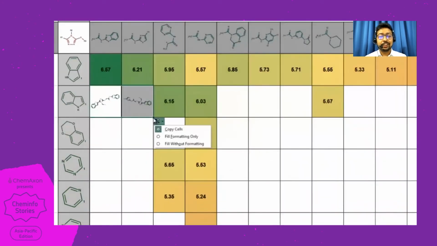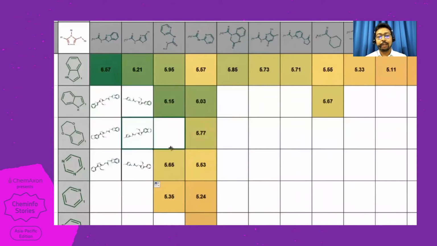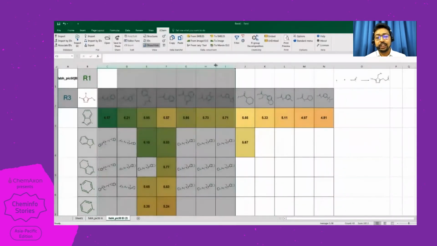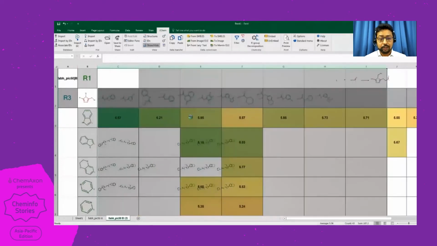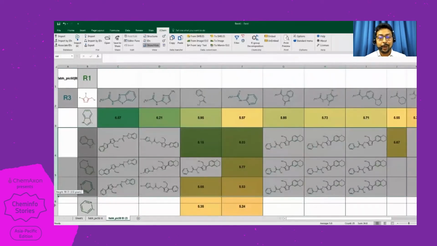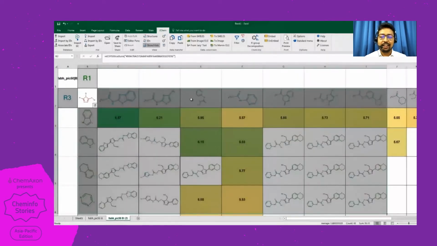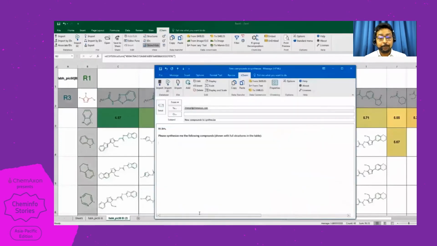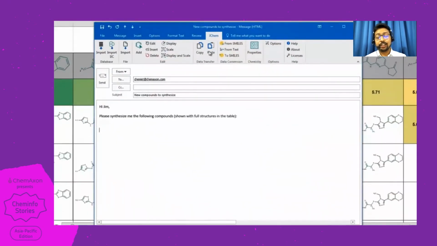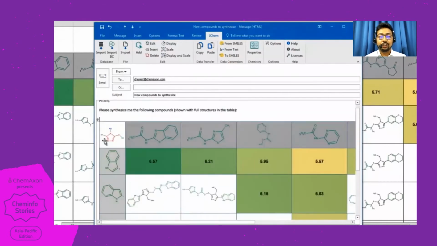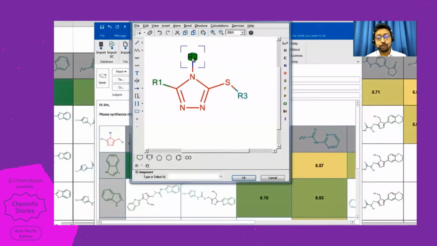So you can see that using this, we can directly copy the same formula and it will apply and it will generate the products over there in those particular cells. So this is much more efficient than drawing those particular products one by one in each of the cells. We can resize it as per our liking so that we get a better visibility of the required space. Once we are satisfied with it, we can copy it directly and send a response to the email, directly pasting these. Now, as I said, Microsoft Office Outlook is also supported, so you can directly edit your structures in your Outlook also. So if you want to make any changes, you can also make the changes directly in Outlook.